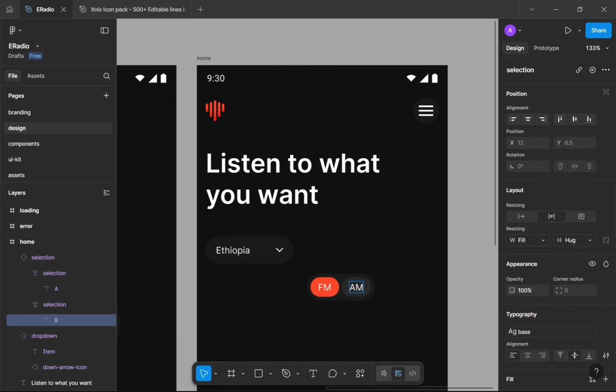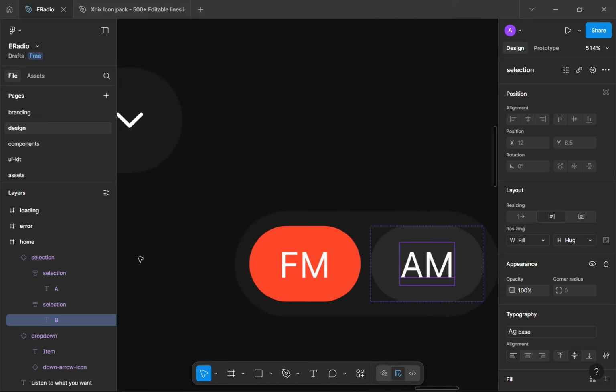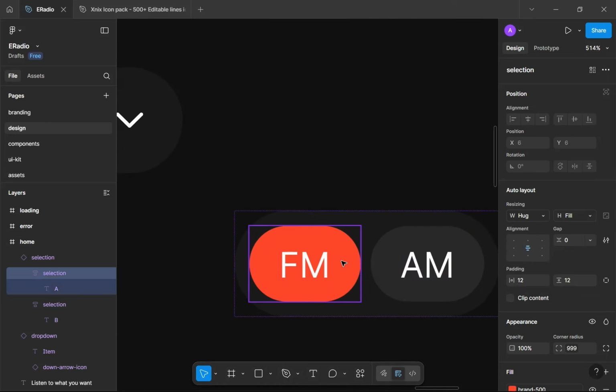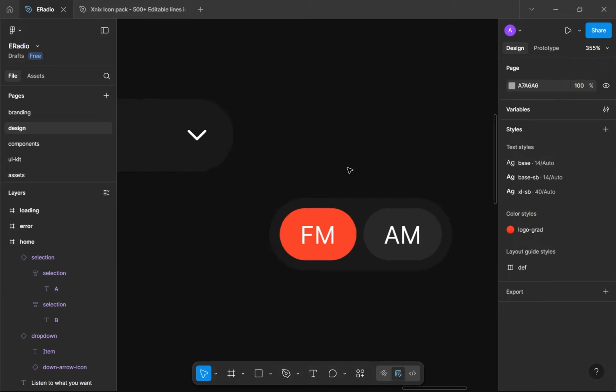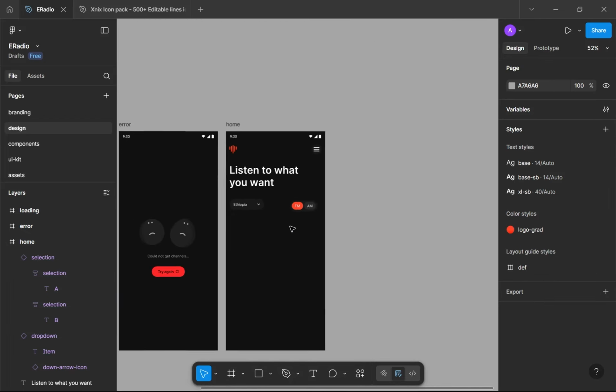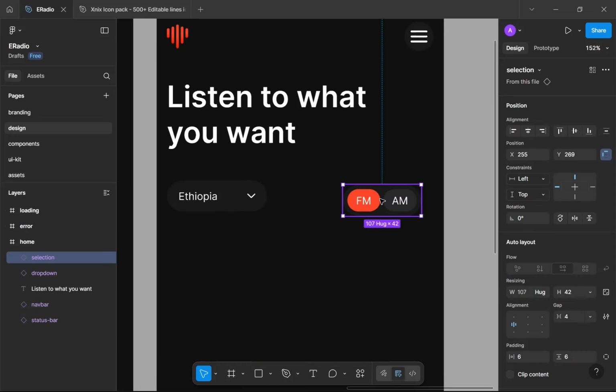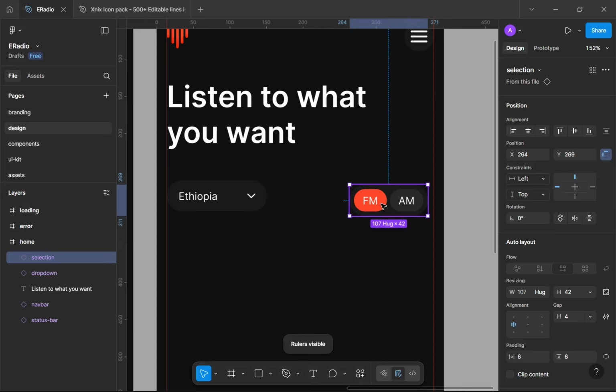The reason this FM currently has the more visible, high visual hierarchy background color, which is the brand color, is because it is the current selection. That means at initial load, the FM would be the selected transition channel. So yeah, great. So now I want to position this right here,